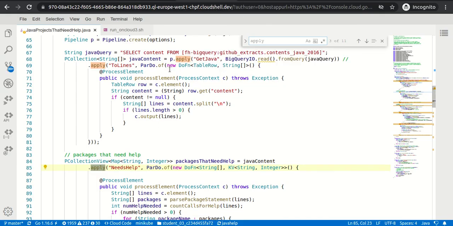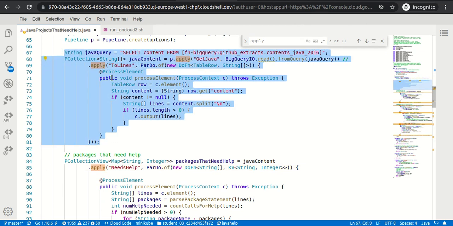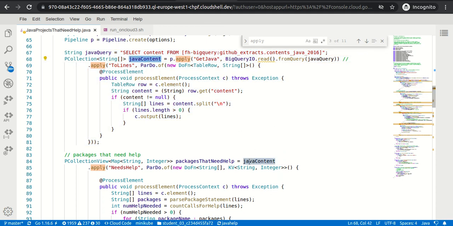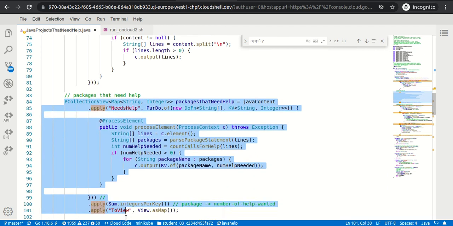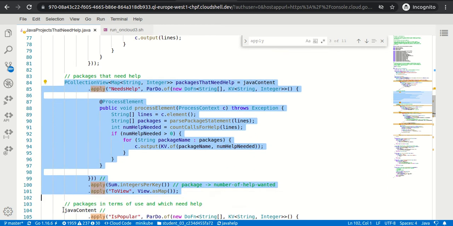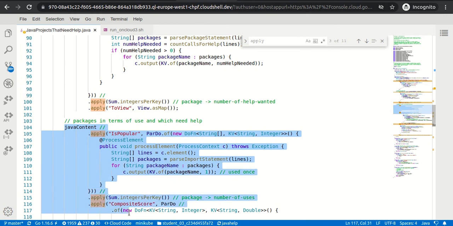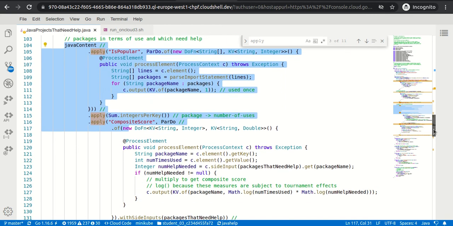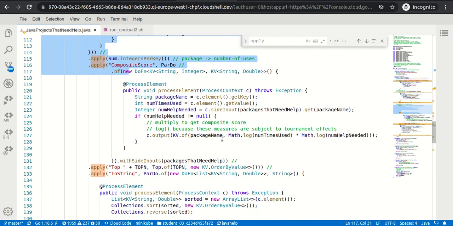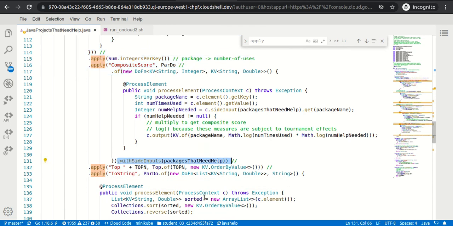So get Java and the two lines, these are the first two, so they have segregated the particular content. On top of the Java content, they have applied the next three functions, and on top of the Java content itself they have applied the next three functions. Now they have to combine them, and combine means they have to trigger it as a side input. So once the particular step is completed, they take it as a side input, and after that the two steps need to be applied in the sequence.